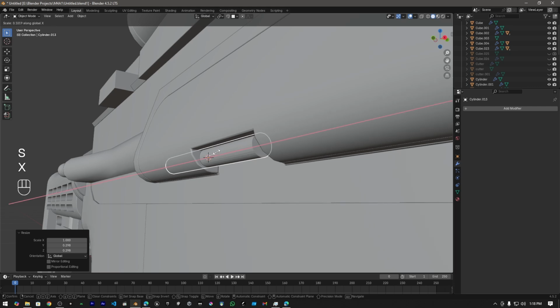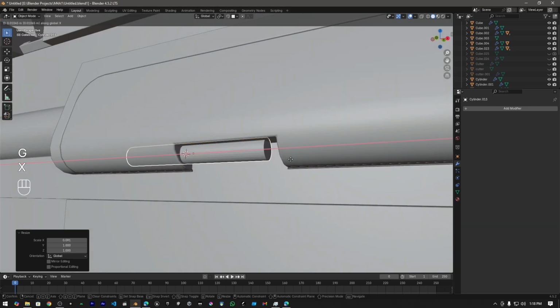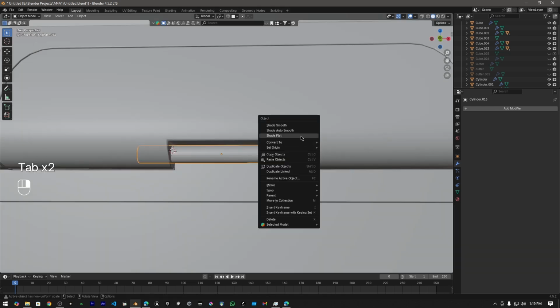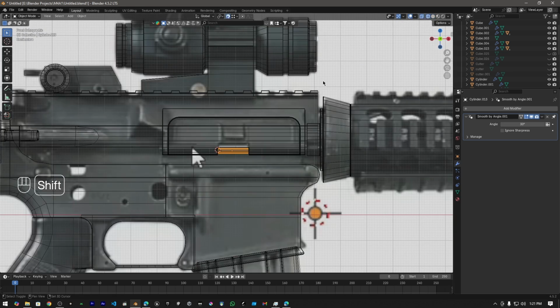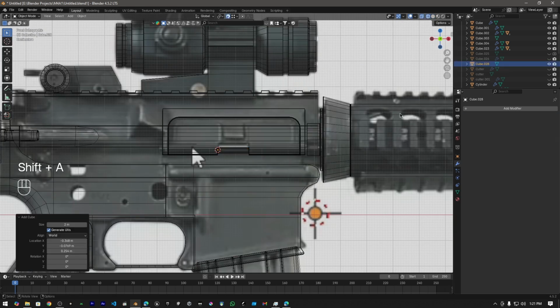Then scale it on the x-axis, GX, and place it here. Then right click, shade auto smooth, and we are done. Let's create these objects. For that, I'm going to add a cube here as usual